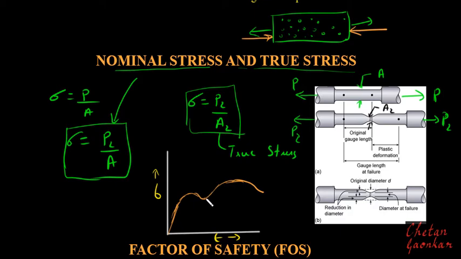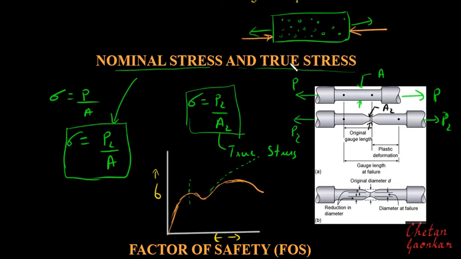Therefore, it can be observed that after this lower yield point, the stress strain curve will behave somewhat like this. That is, the stresses will increase further in this region. All right, so it will behave somewhat like this. But this is true only after the lower yield point. And to repeat, our study will be only till this point, up to the yield point in this particular course, mechanics of solids.